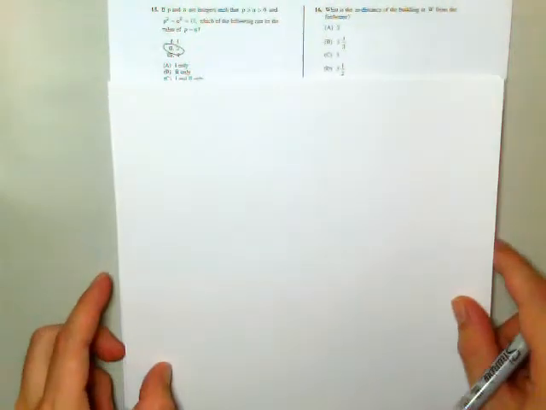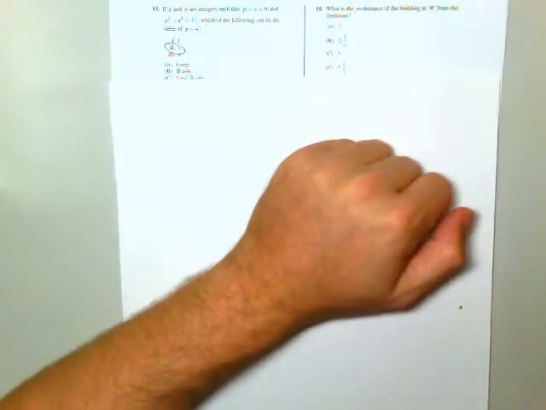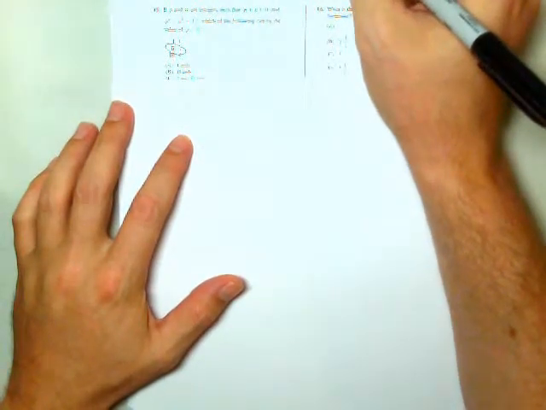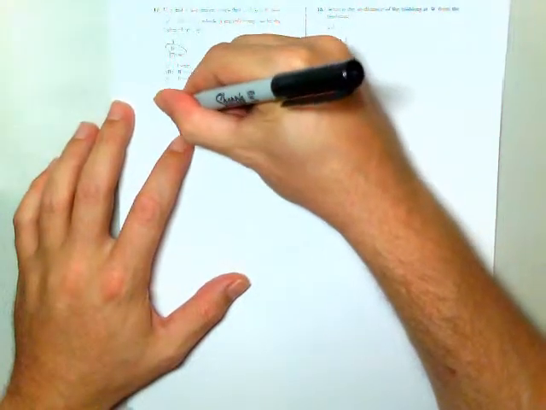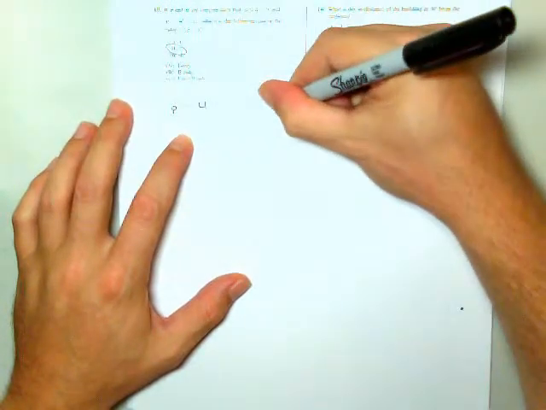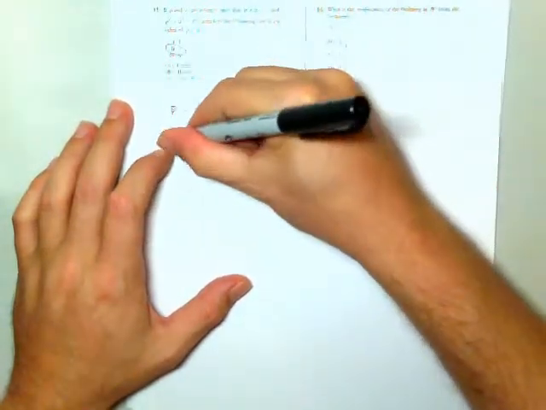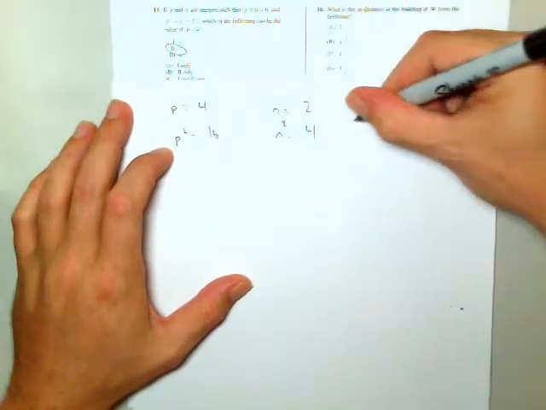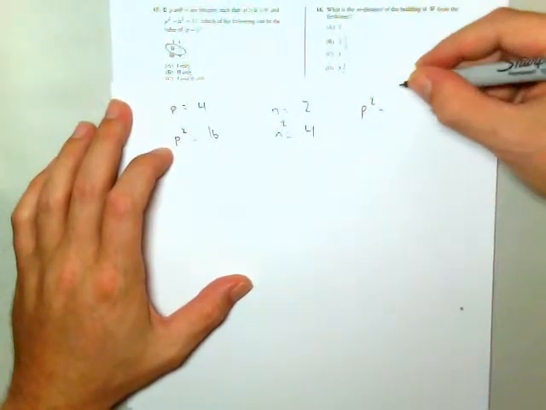P and n are integers such that p is greater than n is greater than 0. Alright, p squared minus n squared equals 12. Which of the following can be the value of p minus n? Well, I need the difference of squares being 12. So what's going to happen is these are going to get big fairly quickly. So if I set p equal to 4, n equal to 2, p squared is 16, n squared is 4, p squared minus